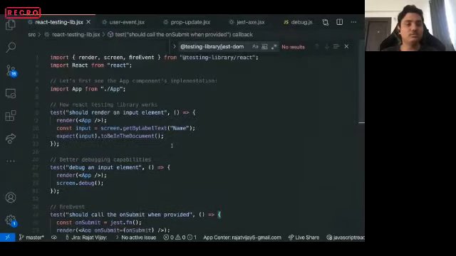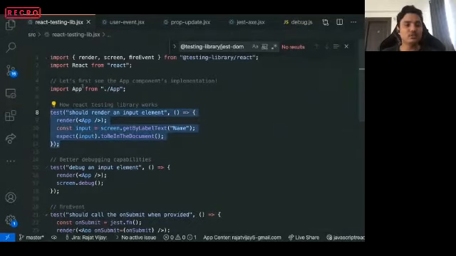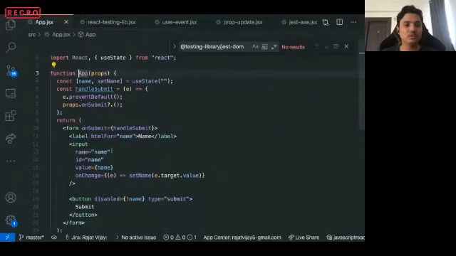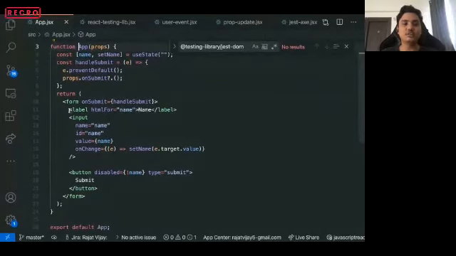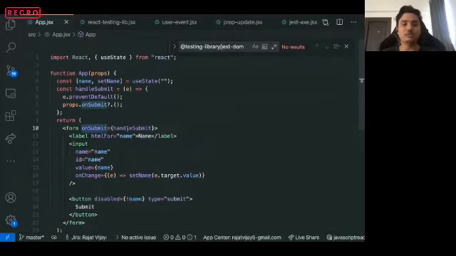React testing library. So I have this test case written. Let's first see the app component. This is the same app component which renders a label, an input component, a button which is disabled by default, and a form that has an onSubmit on it. This onSubmit prevents the default browser behavior and calls the onSubmit function that is passed from the props. And that onSubmit is an optional prop on your component.